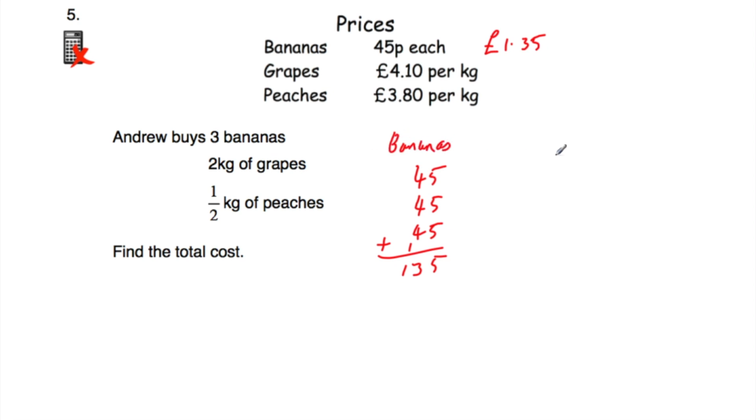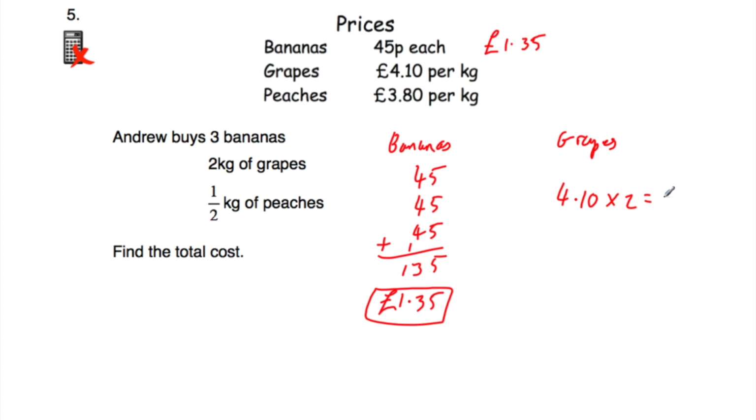Now, in terms of the grapes, we're wanting to buy 2 kilograms of grapes, and the grapes cost £4.10 per kilogram. So it's £4.10 for a kilogram. We're buying 2 kilograms, that's 2 lots of £4.10. So we're going to double the £4.10, or we're going to take our £4.10 and multiply by 2